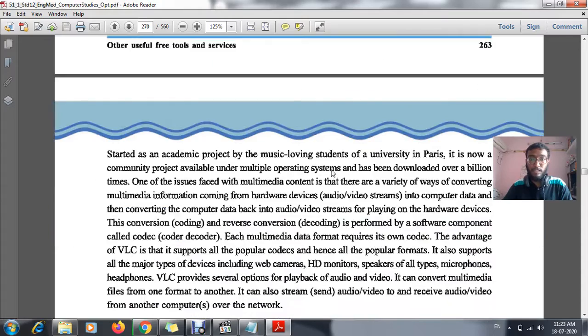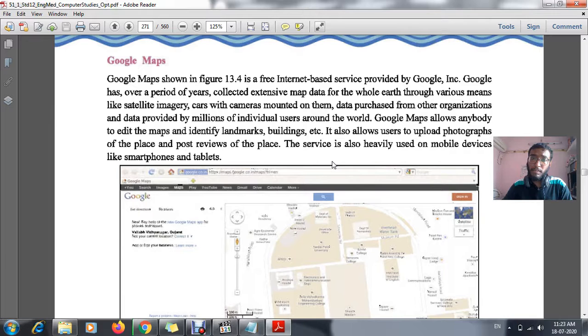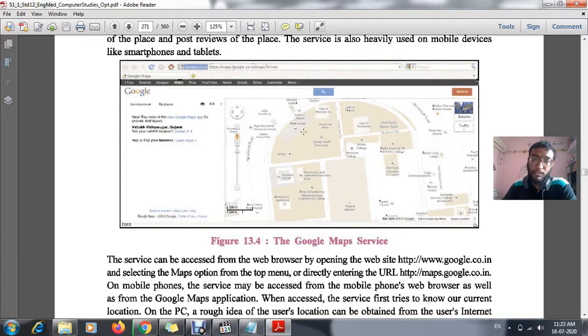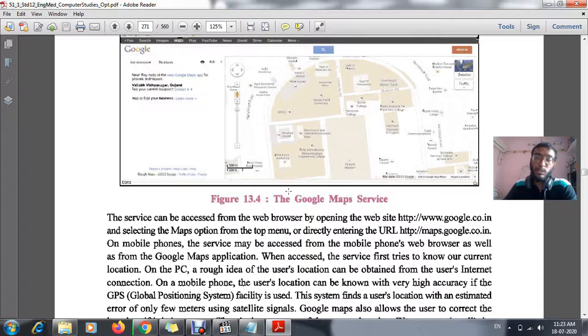Now the next topic is about your Google Map. Google Map is a free internet based service from Google, which helps a person to get to know particular area services. That means if a person wants to know ATM areas, bank areas, restaurants, hotels, such things can be found from your Google Map.